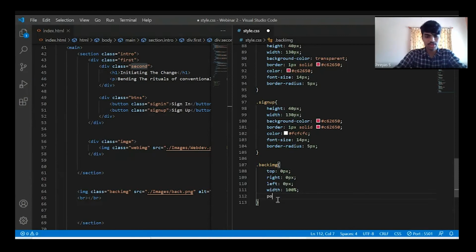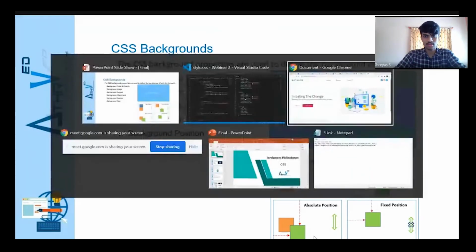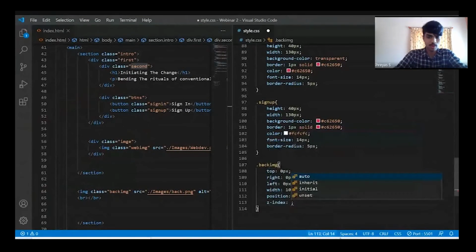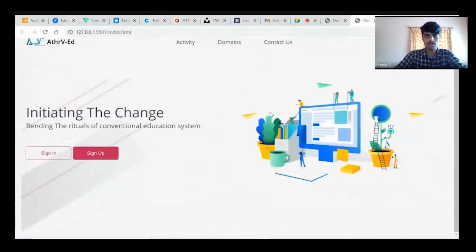Now the position that I have explained before. I'll set it to absolute because these are two images and I wanted one at the back. So now let us see how it is visible. See, now the image is covered at the front side. All the content is in the back side. Now I have to put it to the back side. So there is a property called Z index. By using the Z index property, it moves along the Z axis. So if you set it as -1, it goes to the backside. Now it has gone to the backside.